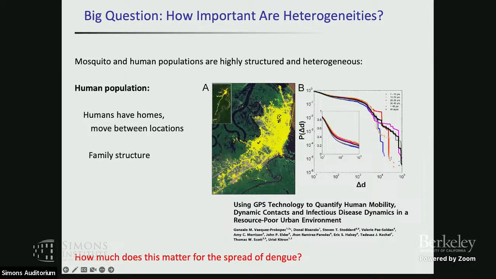And so what my collaborators did was they put GPS units on people and watched them moving around the city. Then they made probability distributions describing the movements that people made. You can't really read it here, but they are subdivided into different age categories. So you could see that the kids had different movement patterns from adults and from older people.